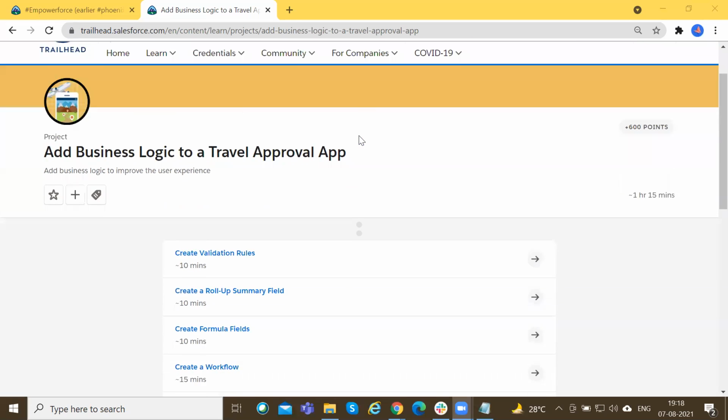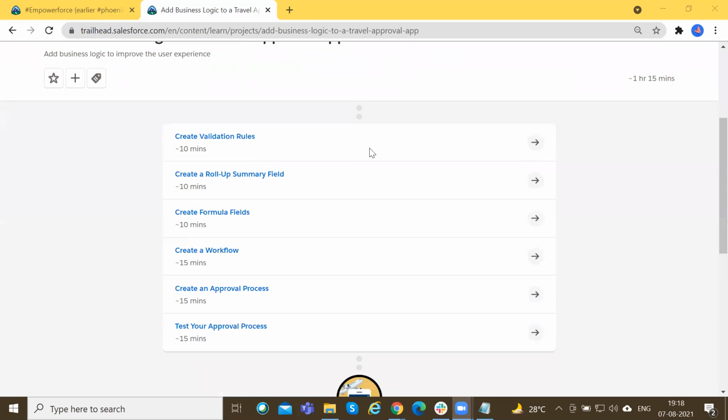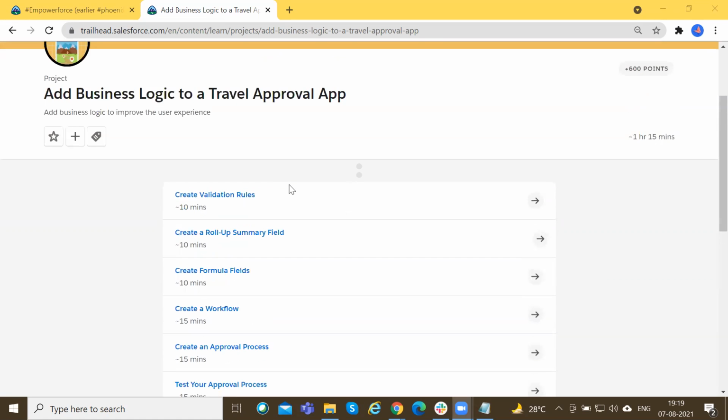As a part of this, we will go through validation rules, roll up summary fields, formula fields, workflow, and approval process, and we'll try to understand when you use these features under which context, right? So we'll start with the validation rules and we'll see where we are at the end of